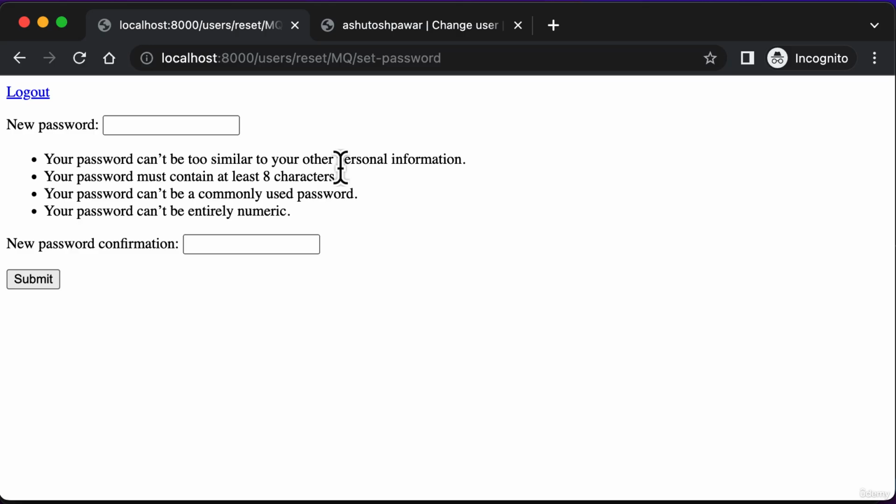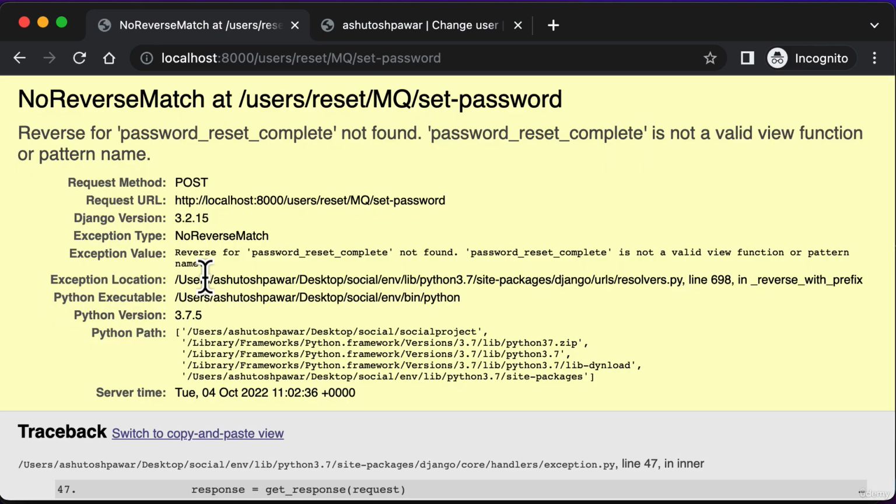confirm page, and here we have to type in the new password. So let's say the new password I want to set is super user, and I want to set the new password as super user, so I confirm it twice, and if I hit submit, the password is actually reset, but